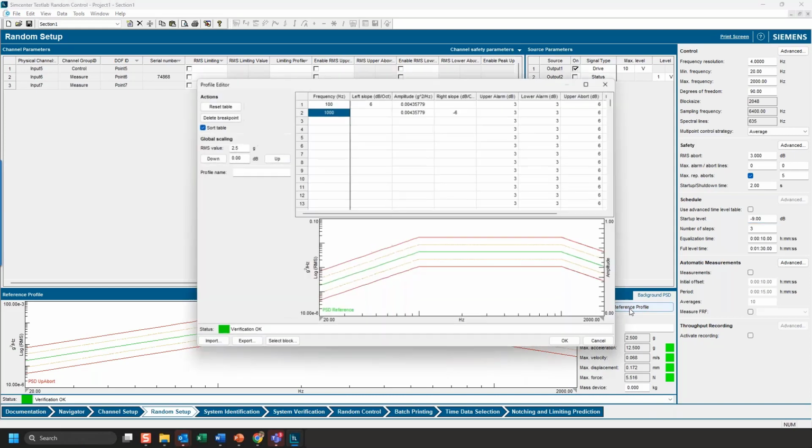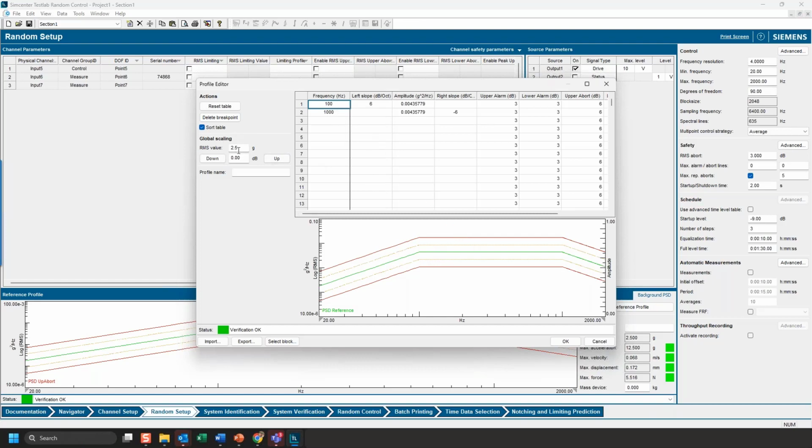To edit the reference profile, just come in here. Now I did something kind of fancy with this, is I just specified this plateau here and had 6 dB slope on either end. This is going to go from 20 to 2000 hertz, and it's going to have this flat plateau between 100 and 1000.